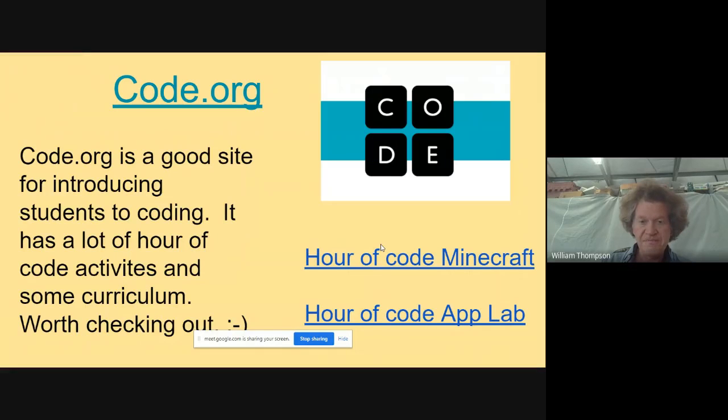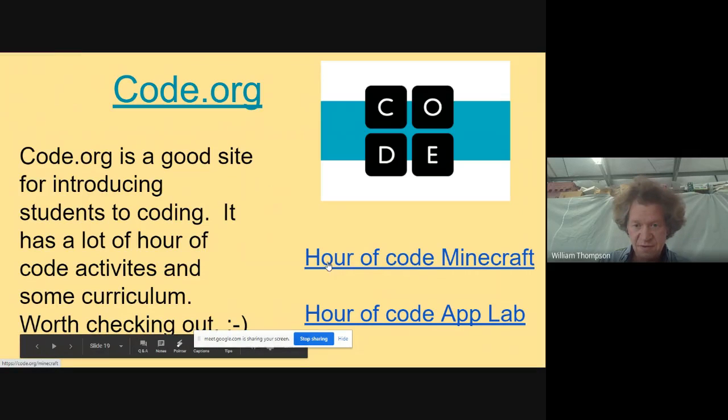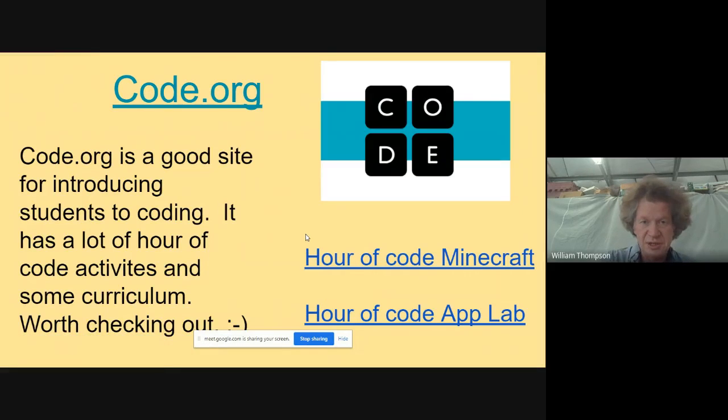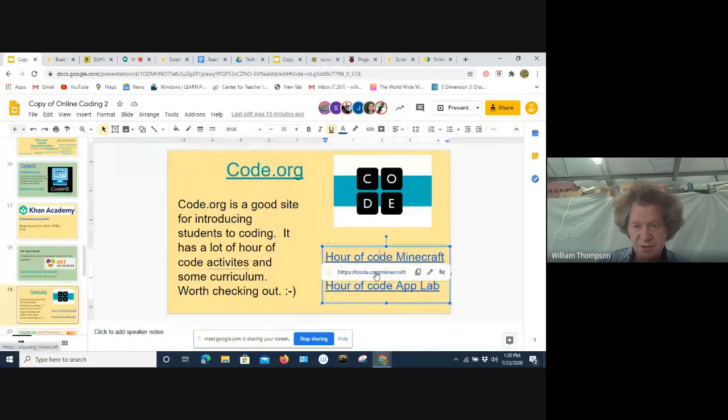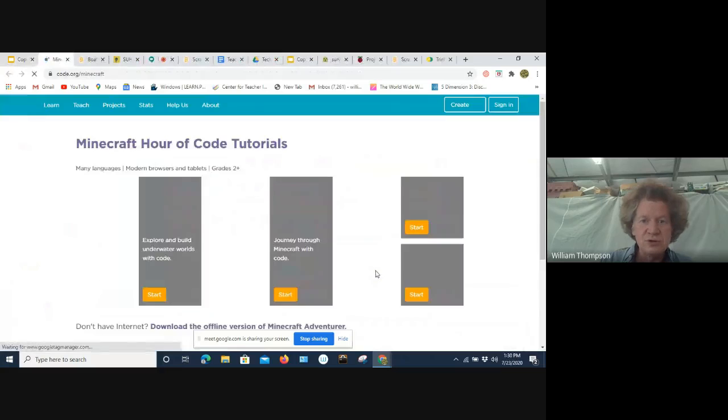Code.org is a site to go to for just Hour of Code type activities. Yesterday I tried going to the site and I didn't see the list of activities I'd looked at in the past. But let me just look at one of these here. Here's one that I don't think I showed you yesterday. I'm not going to utilize it right now, but I just want to click on the link and show it to you real quick.